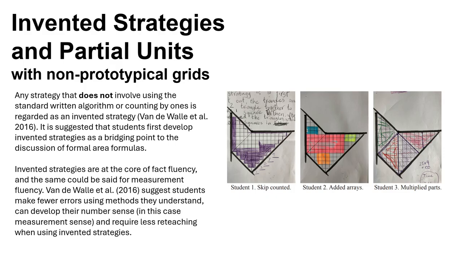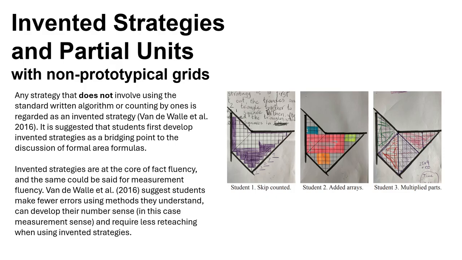So student 1 skip counted. They started off, if you look down the bottom, they've got the partial units there, and then they've also skip counted and they've gone 2 plus 4, 4 plus 6, and so on and so forth. So skip counted. Then student 2 wasn't really an invented strategy because I had already shown them how to add